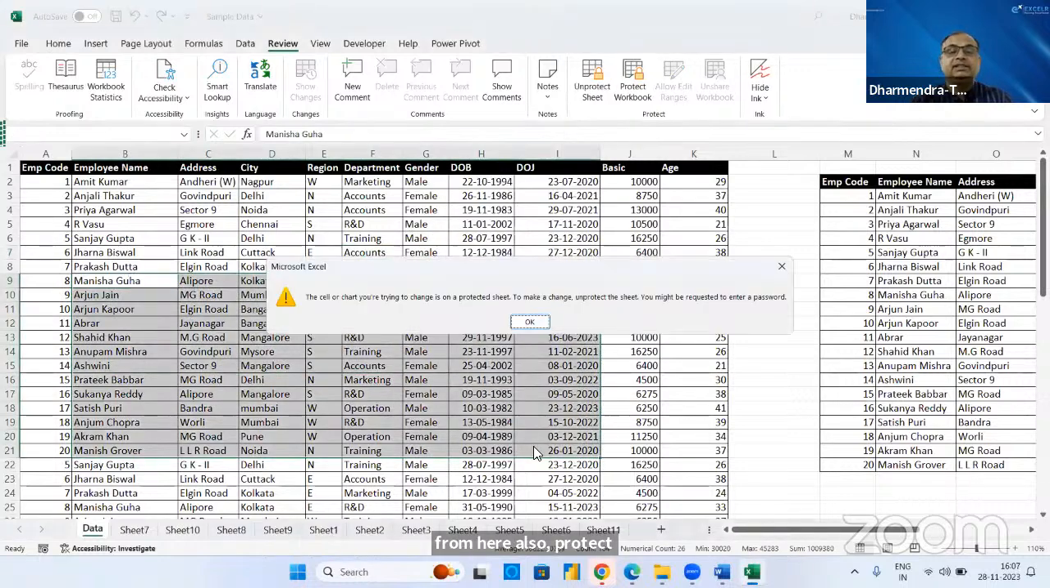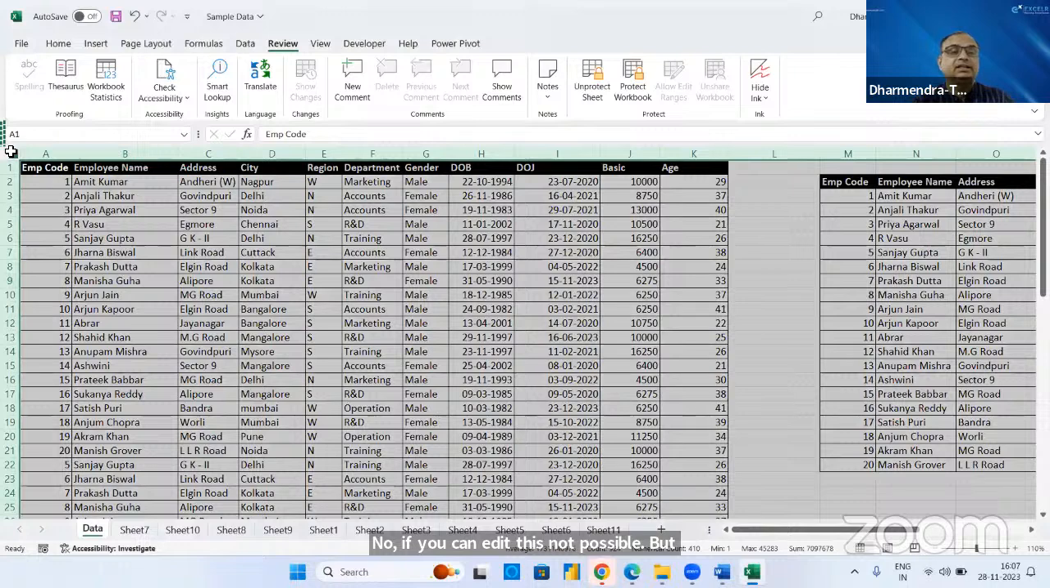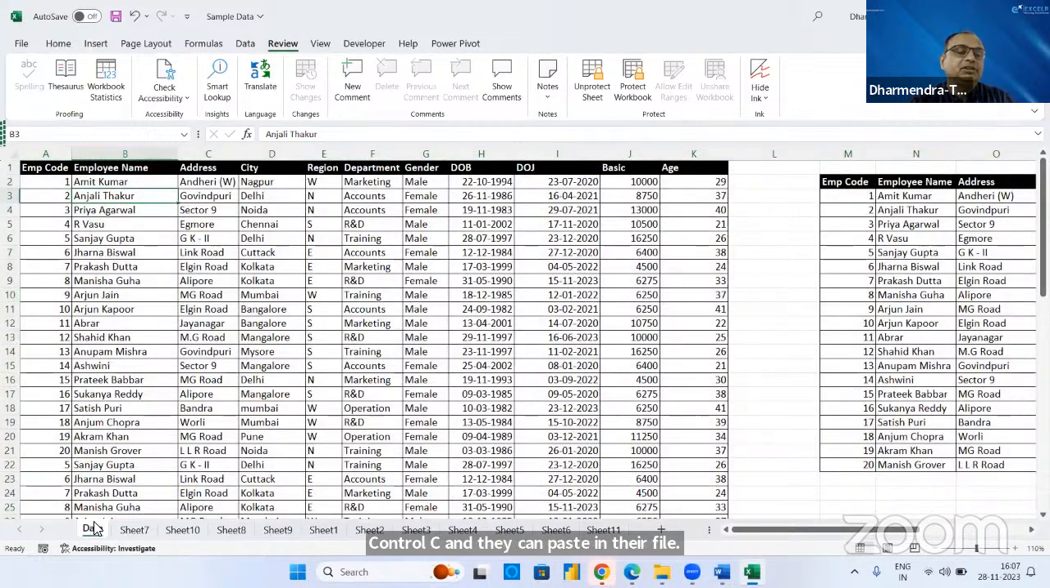Now, if you go and edit this, it's not possible. But if anybody wants, they can copy your data. You can click here, Control C, and they can paste in their file. If you don't want even this feature to be active,